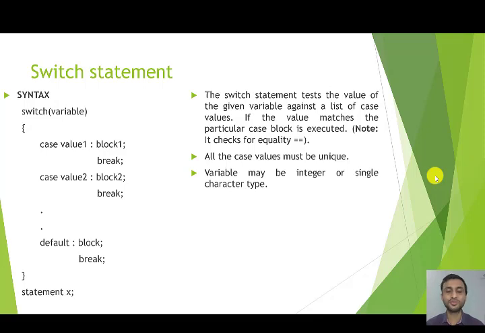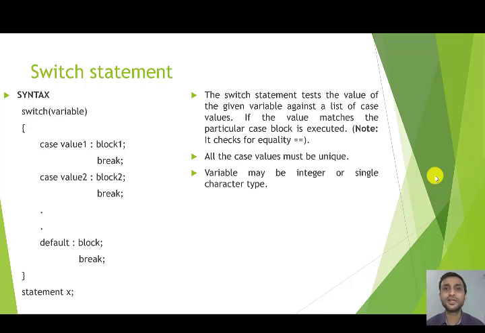And the most important thing to note here is that switch always checks for equality. Among the relational operators there is greater than, less than, greater than or equal to, less than or equal to, and equal to. Out of these, switch only checks for one relation, that is equal, whether values are equal or not. It will not check less than, greater than, greater than or equal to, less than or equal to, or any logical expressions. It will only check if two values are equal or not.